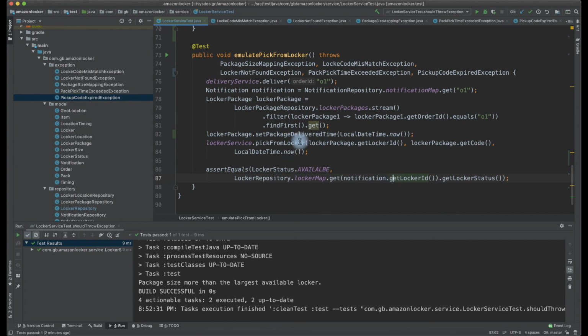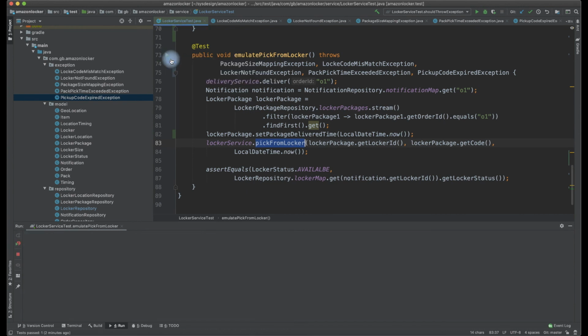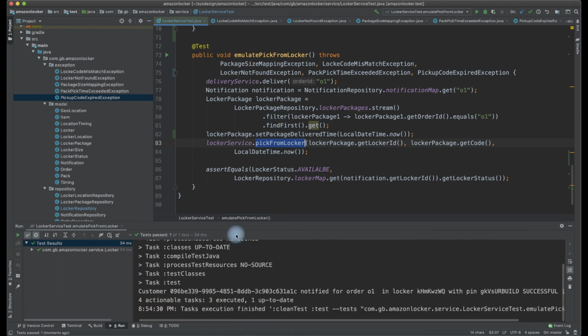So that is the pick from locker, right? We are going to check, once that is picked up, the locker state has to be changed, right? What are we asserting? We are asserting whether the locker state is available post pickup is successfully done. We can assert many things. Once the item is picked up, the locker state becomes available, so the assertions are equal. So if I say local date time dot